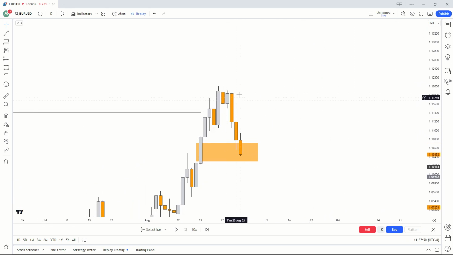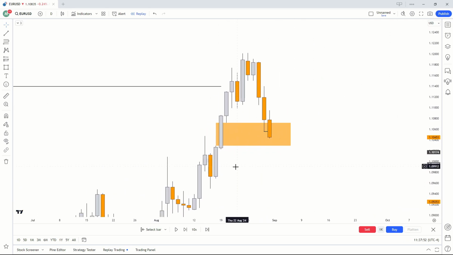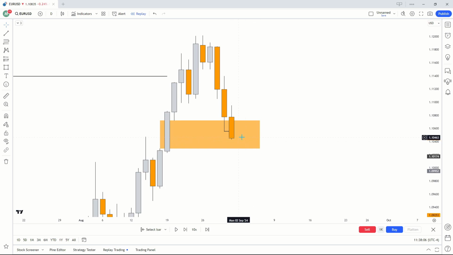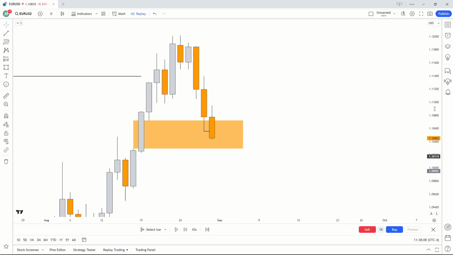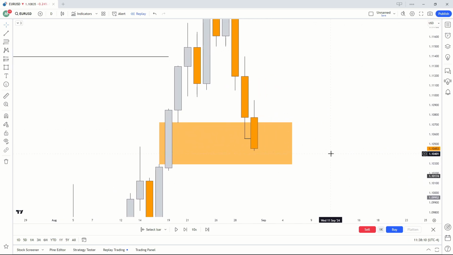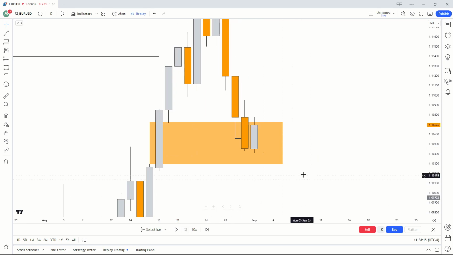We do leave a bearish order block right here, and we are playing within the fair value gap. Now, what I did call is this is not the last move before market starts moving up in its desired direction. I called there will be another sweep of liquidity before we move upwards, which is